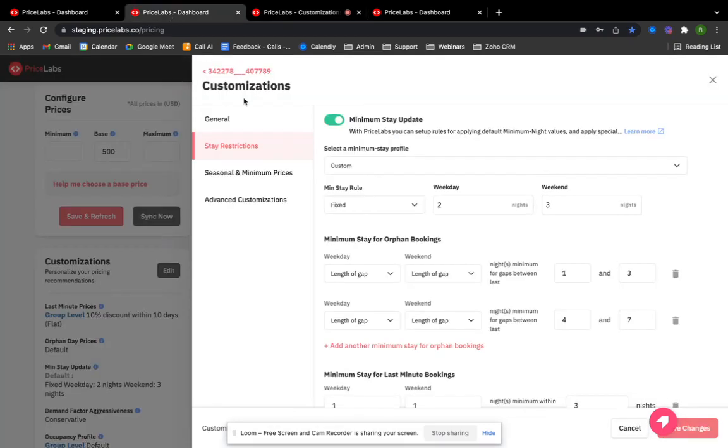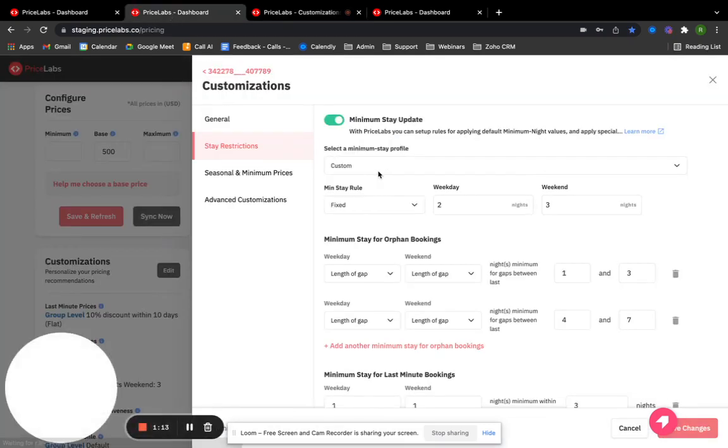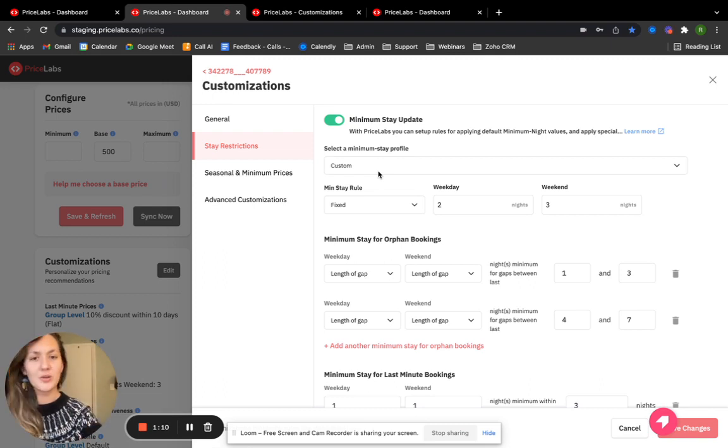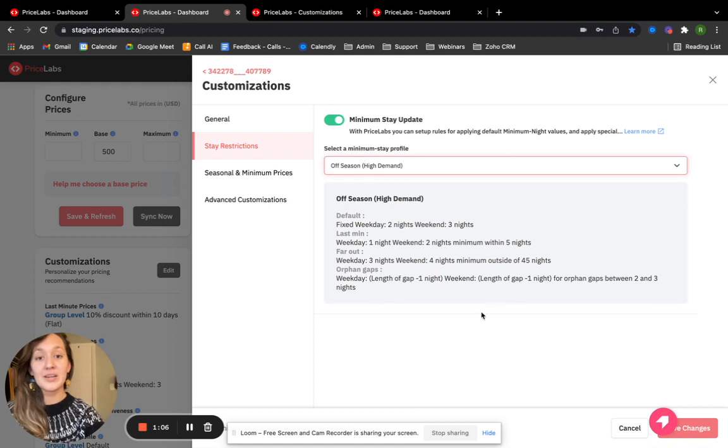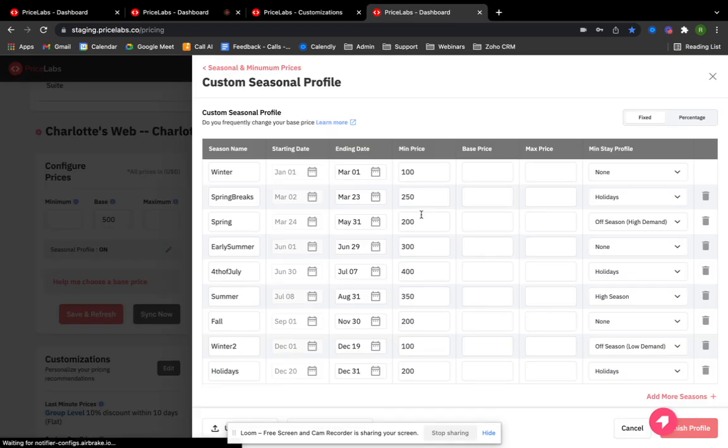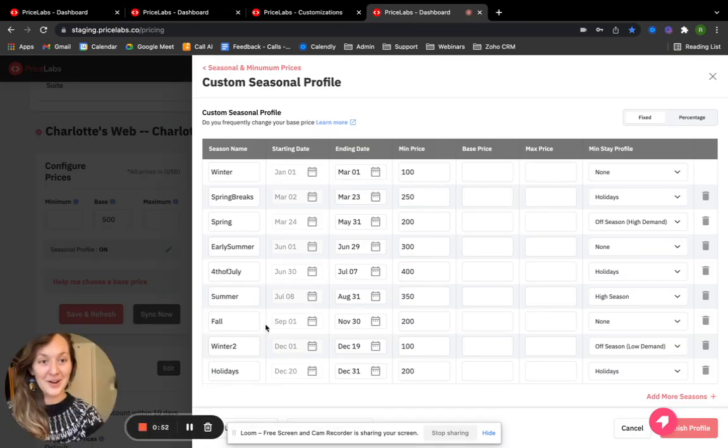Essentially, what you can do is instead of having to go through and set up each listing one by one or each group one by one, you can quickly choose any of your pre-made profiles. What's even cooler is that we're now allowing you to assign these seasonally. So if you have a custom seasonal profile set up, maybe you were changing your minimum price seasonally, like a lot of our users do, you'll now see that there is a column that allows you to switch your minimum